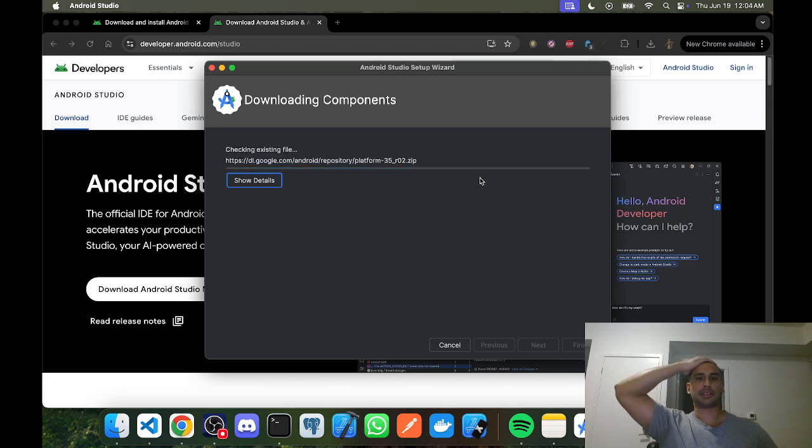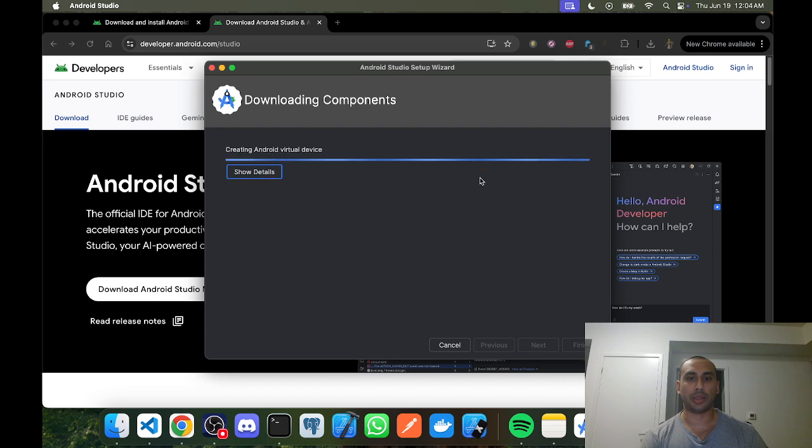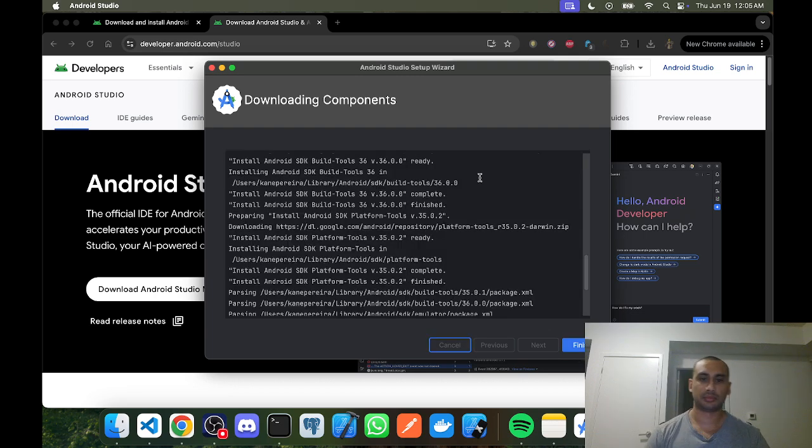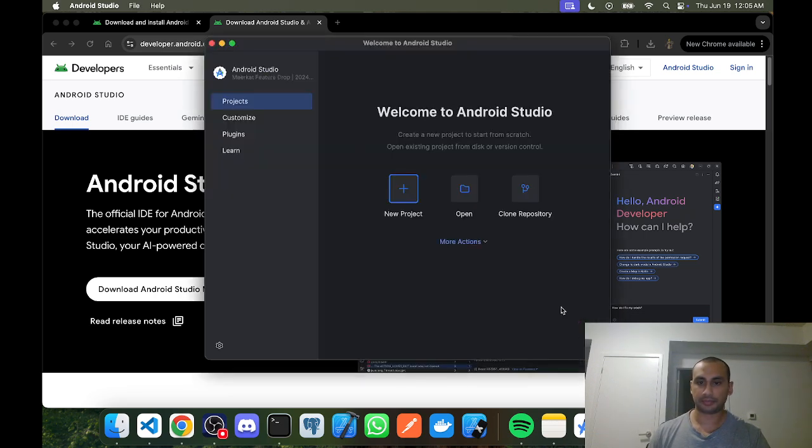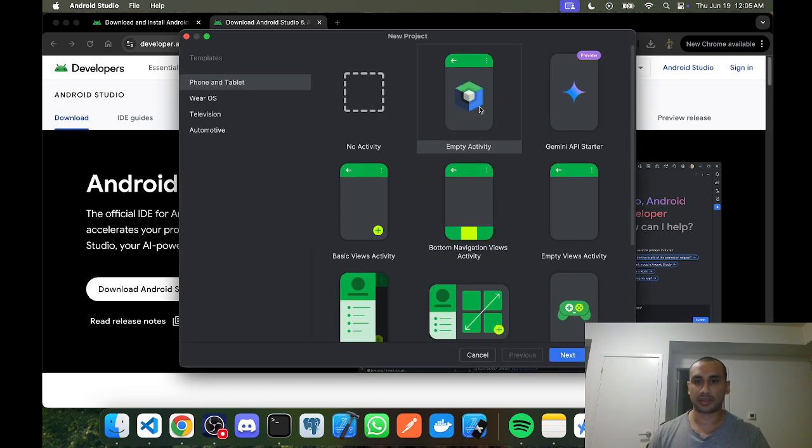The Mac is extremely fast. This used to never work on Mac before. Like, you used to have to struggle to use Android Studio. Now the support for it is insane. So it's very quick. Click finish. There you go. Now you can create a new project and just go